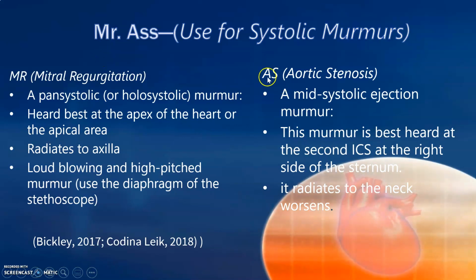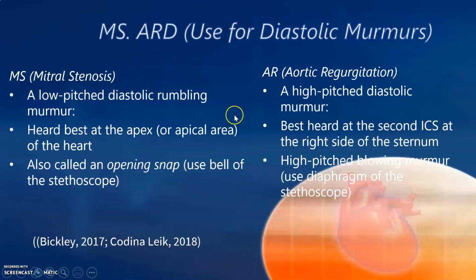For the aortic stenosis, once they say right border of the sternum, you know it is aortic. If it is a systolic murmur, then it is stenosis, right? So let's look at